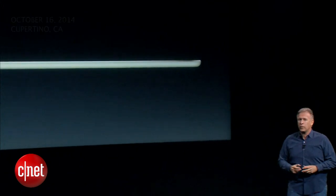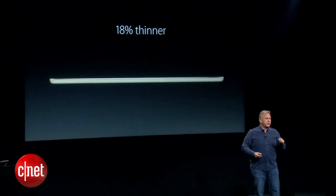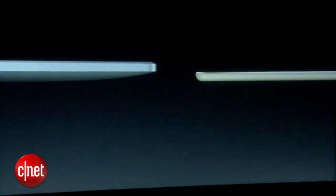So excited to be able to tell you about the incredible new iPad Air 2. It is the thinnest iPad we have ever made, just 6.1 millimeters thin. That's 18% thinner than the first iPad Air. Here's the original first iPad next to the new iPad Air 2. The new iPad Air 2 is so thin, you can stack two of them and still be thinner than the